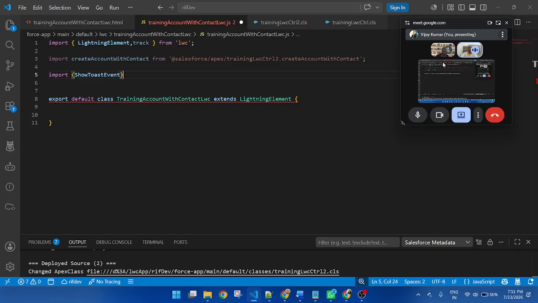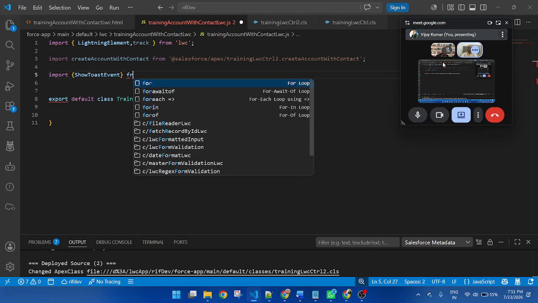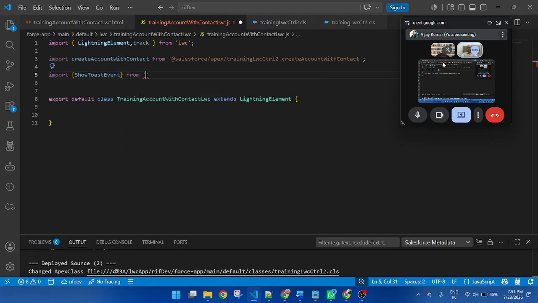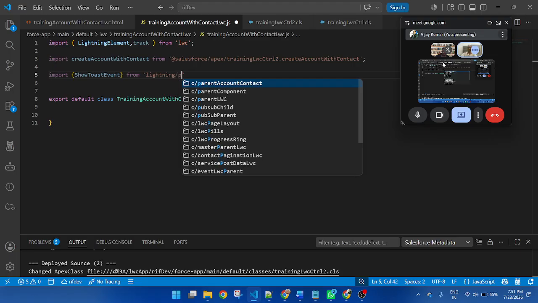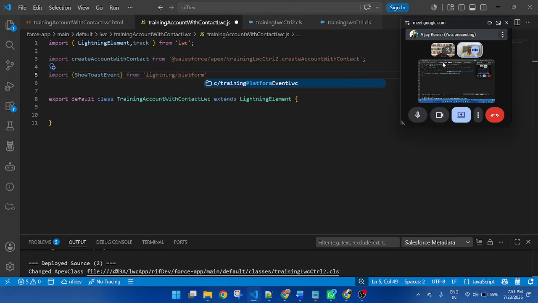Here I am importing the module of ShowToastEvent because once the record is created successfully, I want to display a toast message from lightning/platformShowToastEvent.